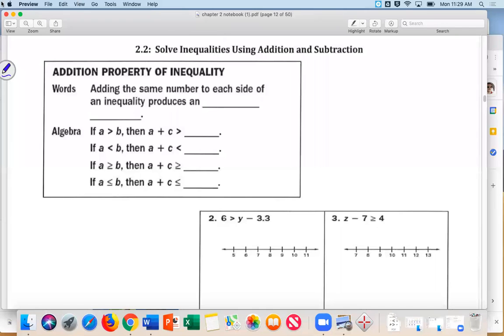All right, so this is 2-2. Solve inequalities using addition and subtraction. So, long story short,